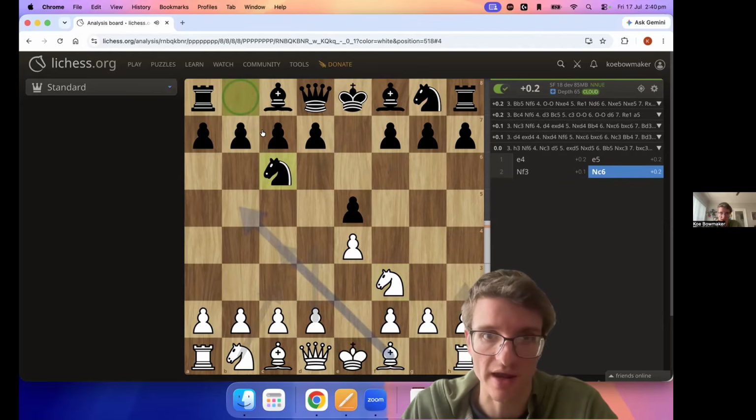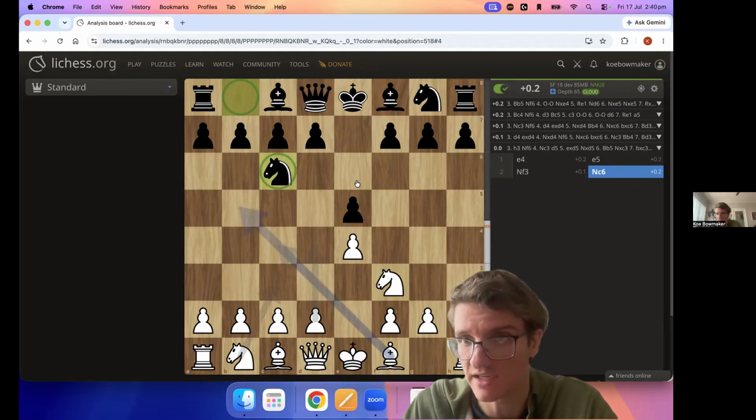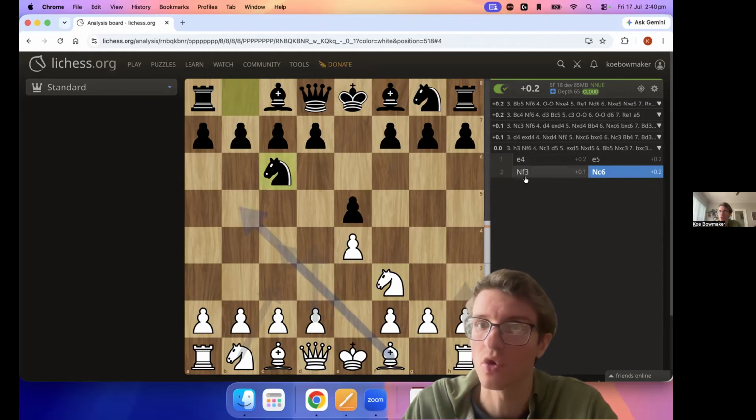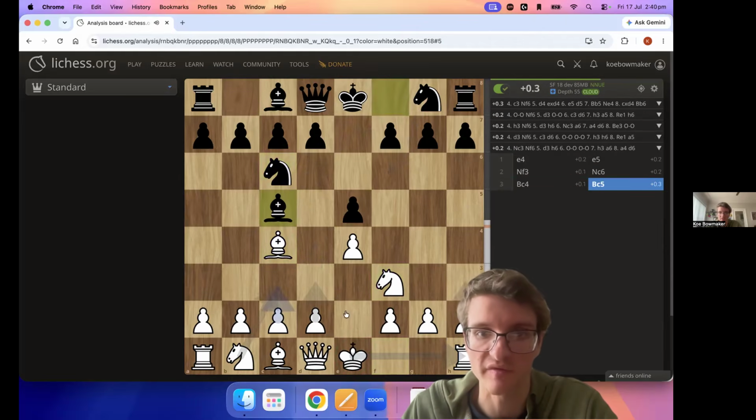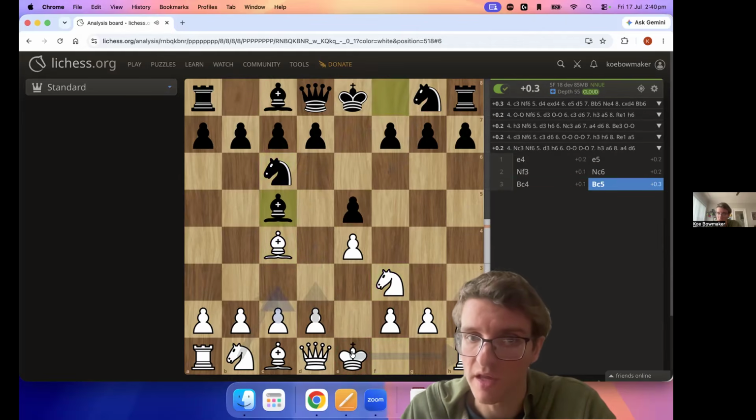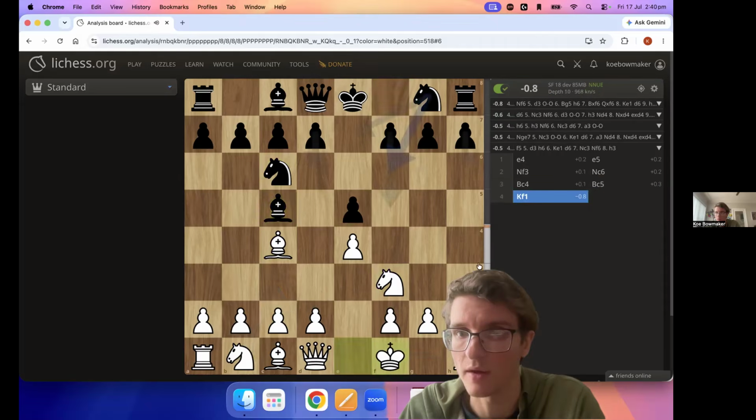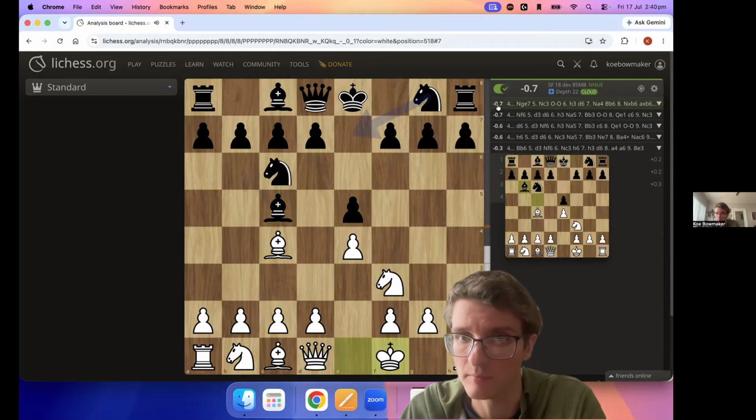Knight C6. The knight has moved from B8 to C6, so we call that capital N C6. So if we're talking about the letters of where it's moving, we use a lowercase letter. If we're talking about the type of piece that was moved, we use a capital case letter. So then we'll go bishop c4, bishop c5. And now, if I move the king to F1, we could see it's king F1,